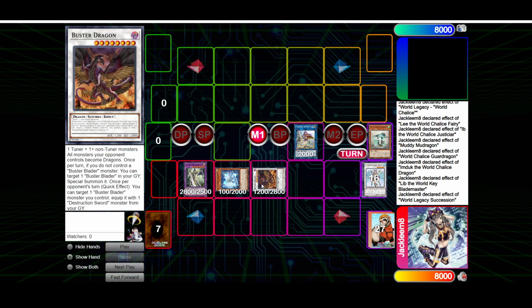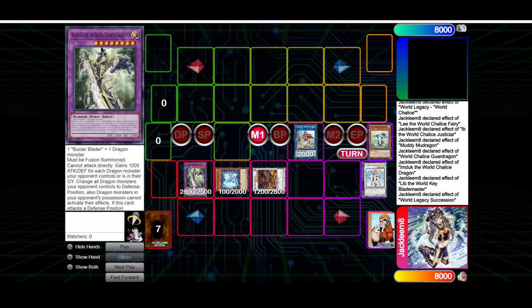So this is making all of our opponent's monsters they control a dragon, and this is gaining attack for every dragon, and is essentially Baguska. Well, kind of like Rexstrom. Well, I guess it is basically Baguska because it puts everything in defense. So yeah, that's pretty strong. We've essentially just got a really, really big Baguska on the field,